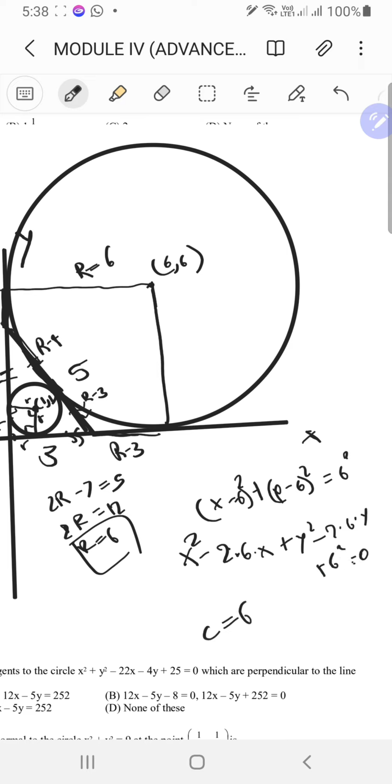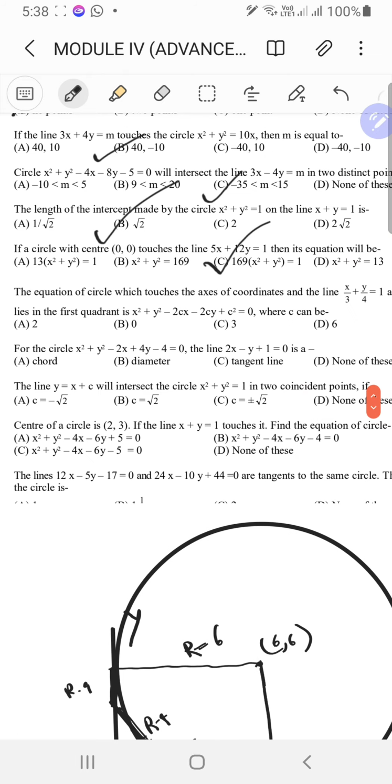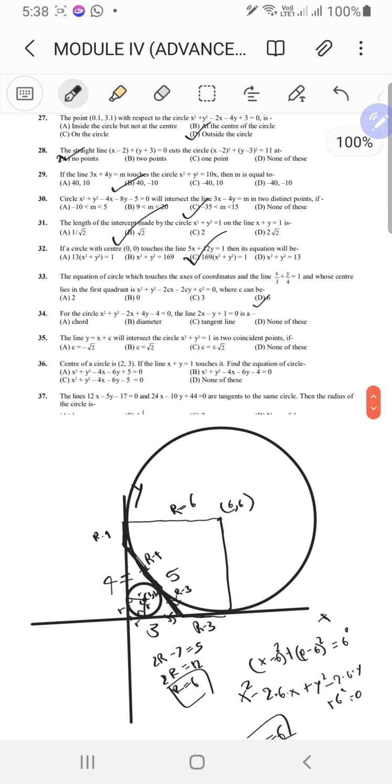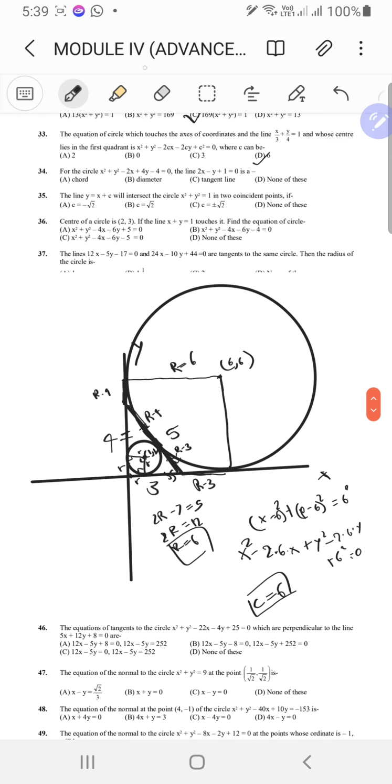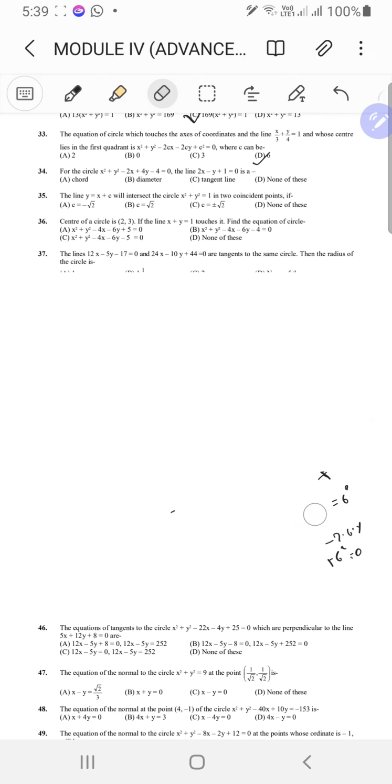So c has to be 6 over here. Nice. Oops, what is this? Okay, c has to be 6. Cool, let's move on. For the circle x squared plus y squared minus 2x plus 4y minus 4 equal to 0,